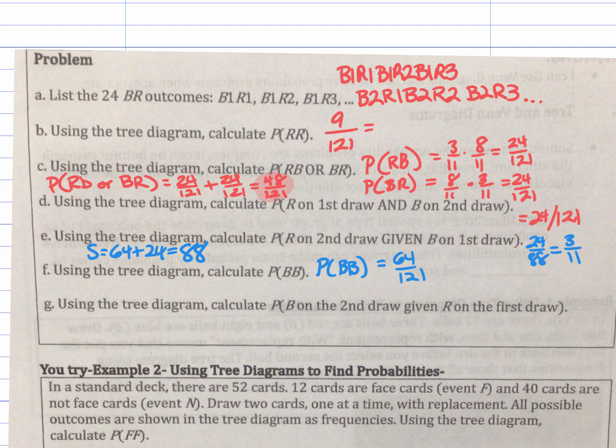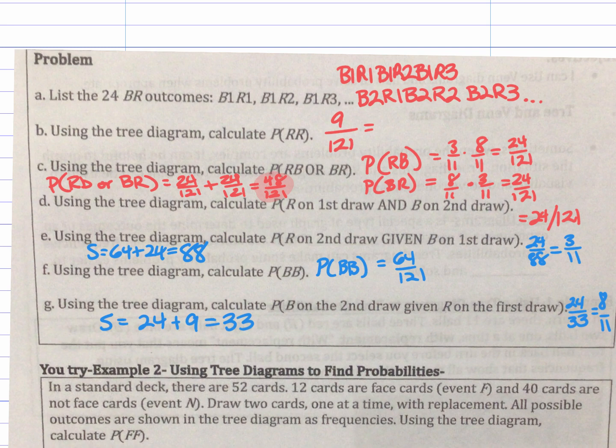And so we're changing our sample space again. And the number of times that B was on, so this would be 24 out of 33, or 8 out